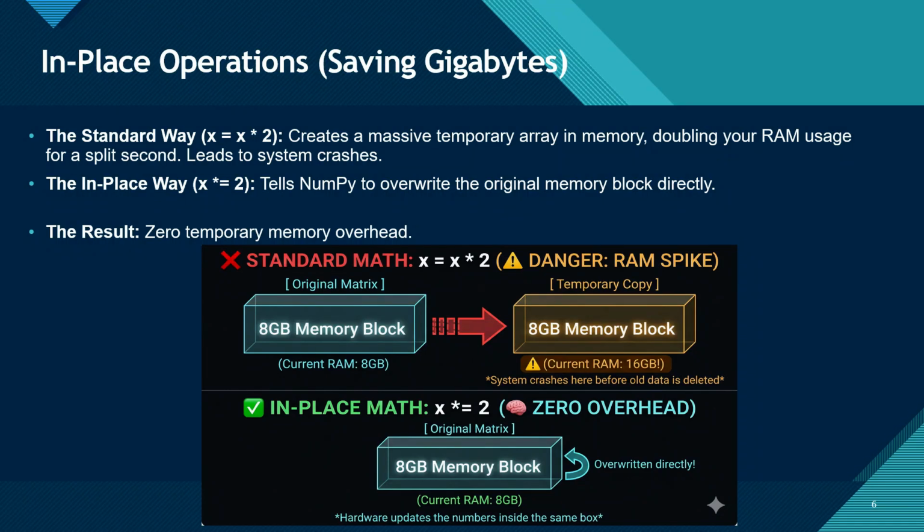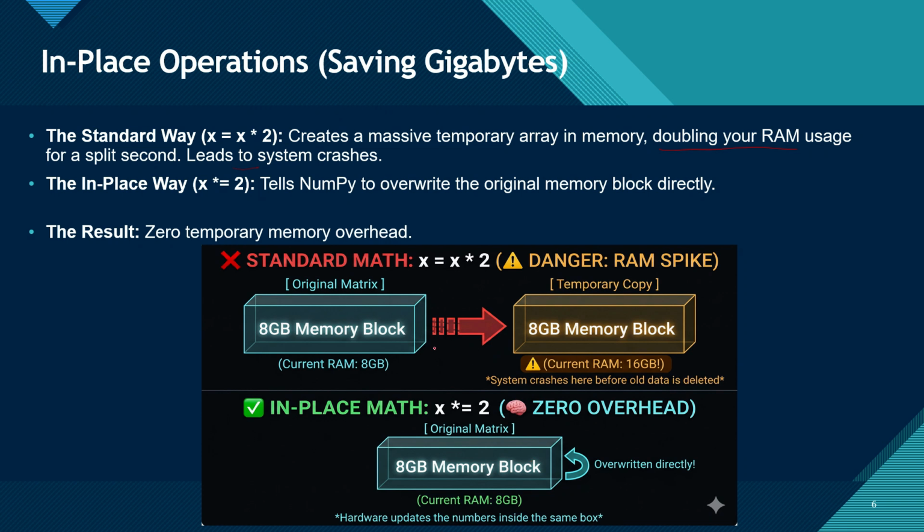In-place operations save gigabytes. Like I was explaining, if we are not doing memory management, it can crash our systems. The standard way, x = x * 2, creates a massive temporary array in memory, doubling your RAM use for a split second. For a small amount of data, it will not create any problem. But think of machine learning models where we use millions of data points. If we create a copy of the data each time, it will